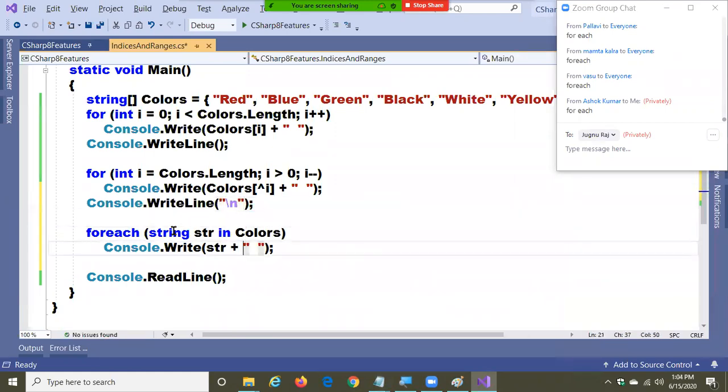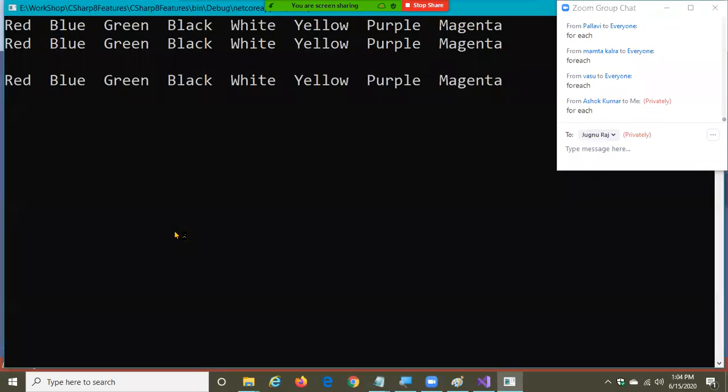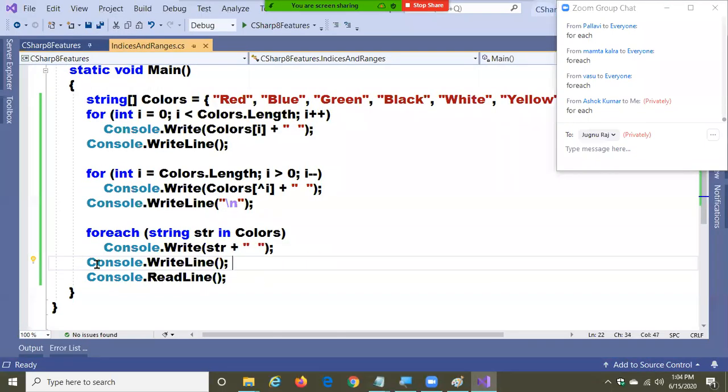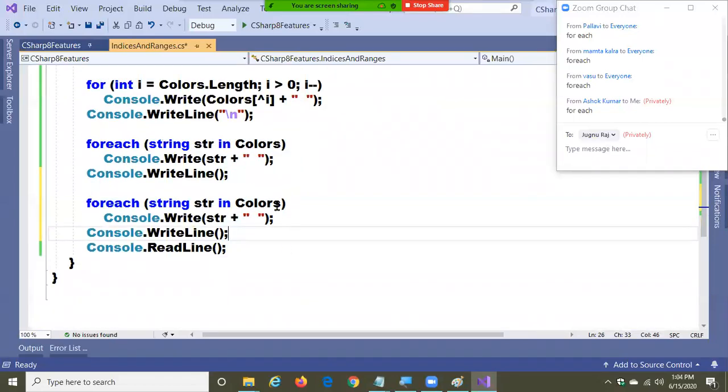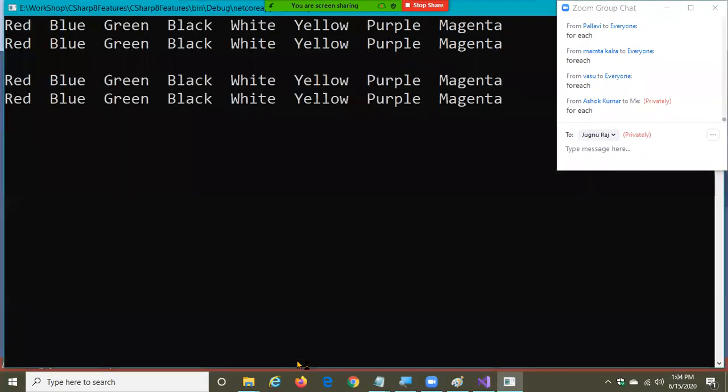I'm adding a line break here. And if you watch, yes, I'm getting access to all the values. And this code is the same as writing like this. Both of them are going to give access to all the values.